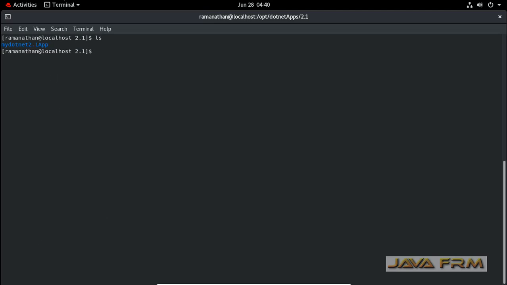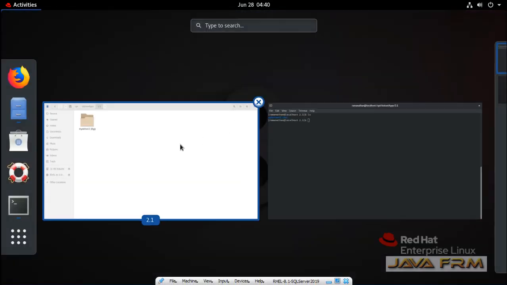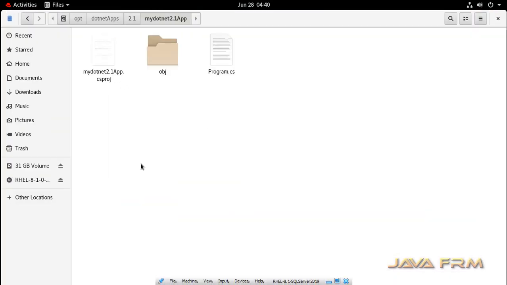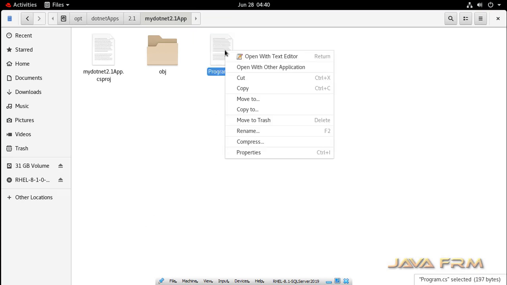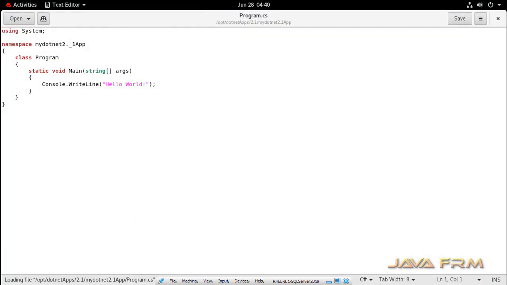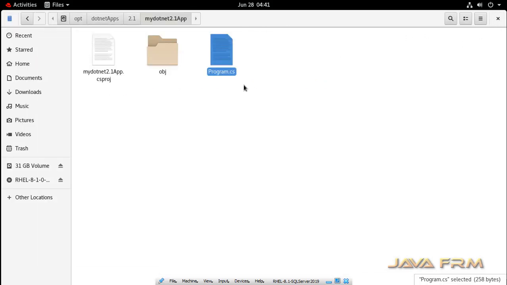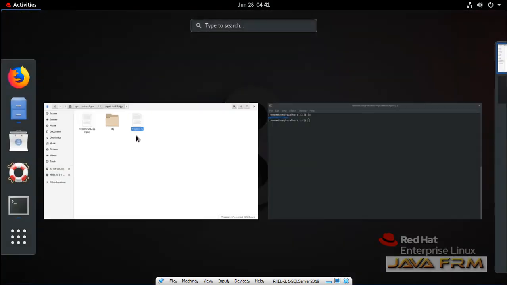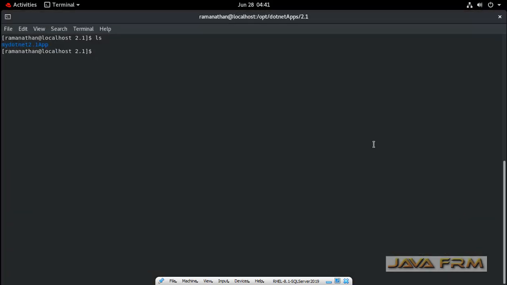So this is the name of that application. Okay, this is the directory structure and the files created. Now I'm adding some extra lines. So I'm going to print hello world. Okay, if you are an expert in C#, you can modify and add extra lines to the program.